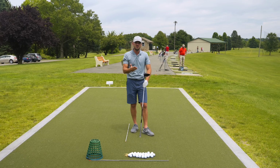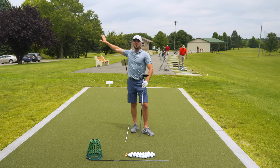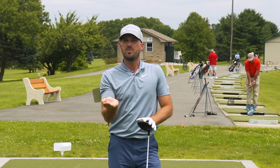Can you do it? Of course you can. But you look at guys and gals that hit the ball far, a lot of them have a nice, full, big backswing turn that allows enough depth to be able to do the downswing movements. Now, let's talk a little bit about the one key piece during the downswing to help increase that angle of